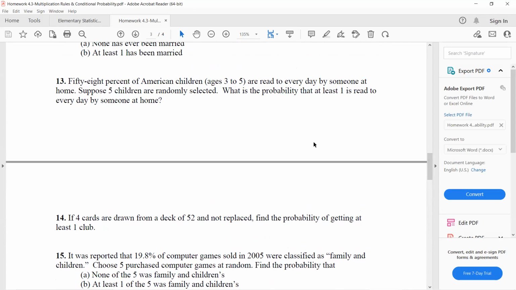58% of American children are read to every day by someone at home. Suppose 5 children are randomly selected. What is the probability that at least one is read to every day by someone at home? Okay. So,